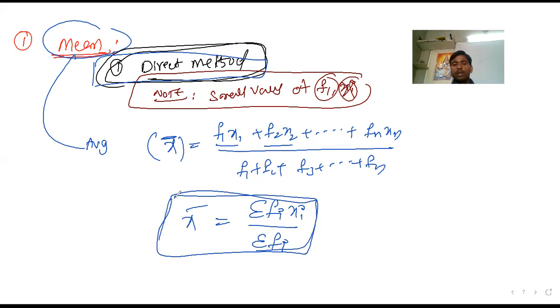Sir, how can we apply this direct method? Let me explain by using the previous example. Don't worry about it, you just need to understand this method. So how to add it? I think it's very clear. This is the formula I should apply for a given question. But I'll go back to your example.